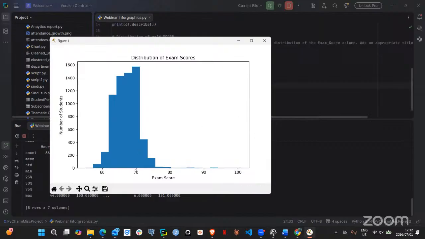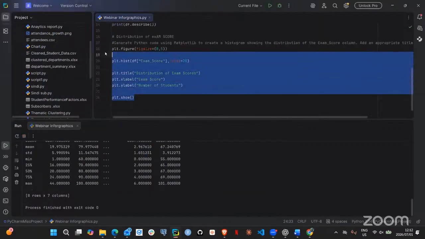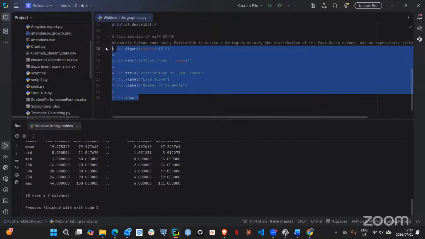And here we can see that most of the students, which is here, about 1,500 students, get a score of about 70. And these ones at 80, it's less than 100. You can see below 60, it's less than 100 as well. So you plot, you read the chart. So I'll comment this out so we can